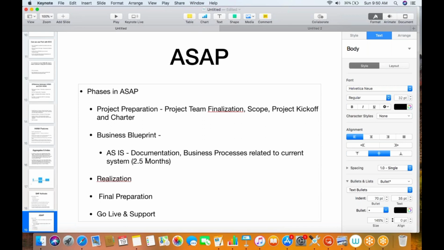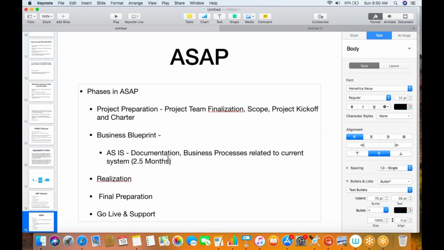We are wasting how much time? Around, let's say, 20% of the time. We are wasting around 20% of the time just in understanding their business without telling them what exactly SAP is, how exactly SAP works, and that is a major issue, right? Why not utilize this time in some productive activities rather than understanding their business process and their system that they are not going to use in future? Instead, why not we tell them how SAP works and let them compare whether the SAP system meets their requirement or not,